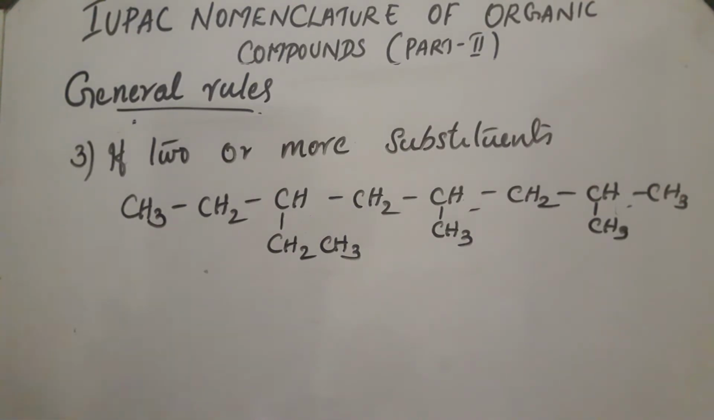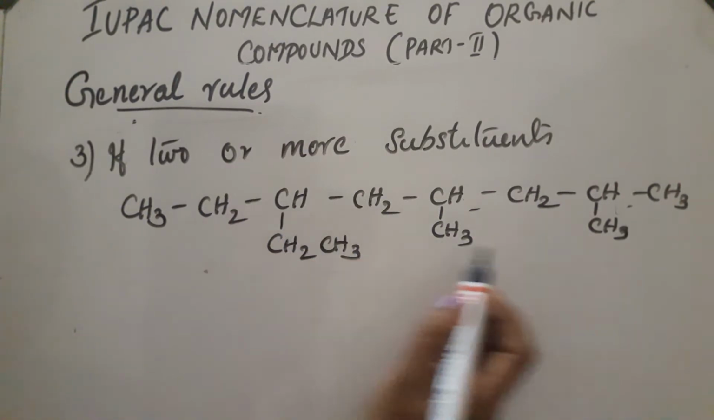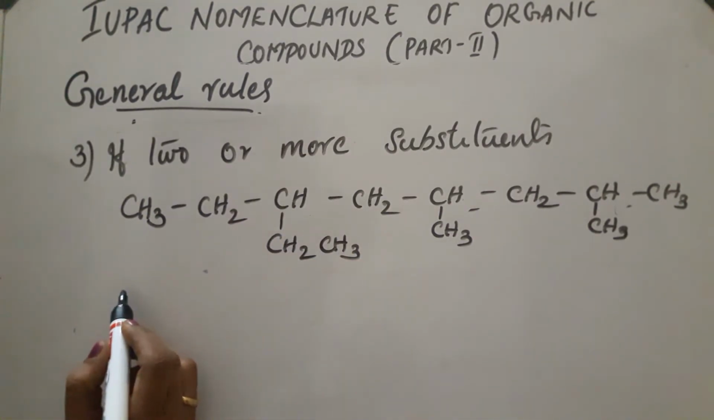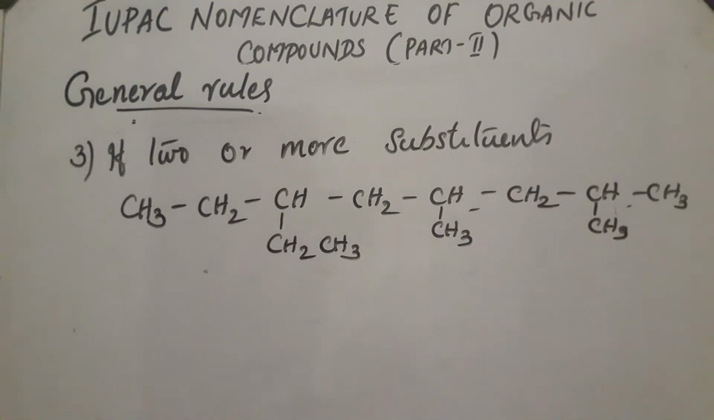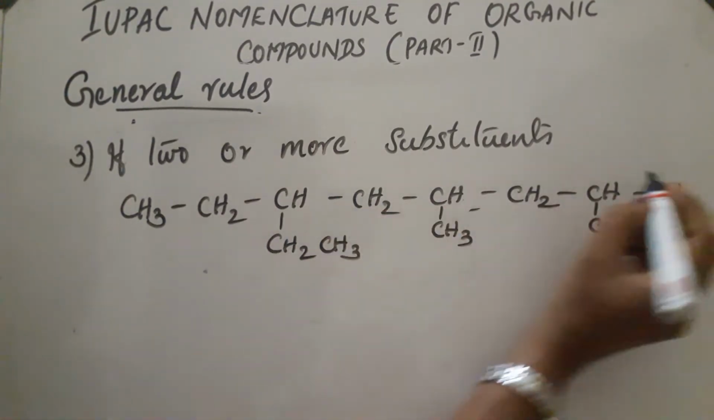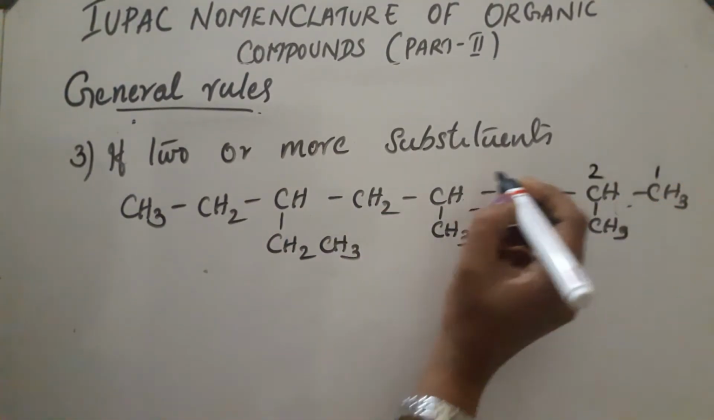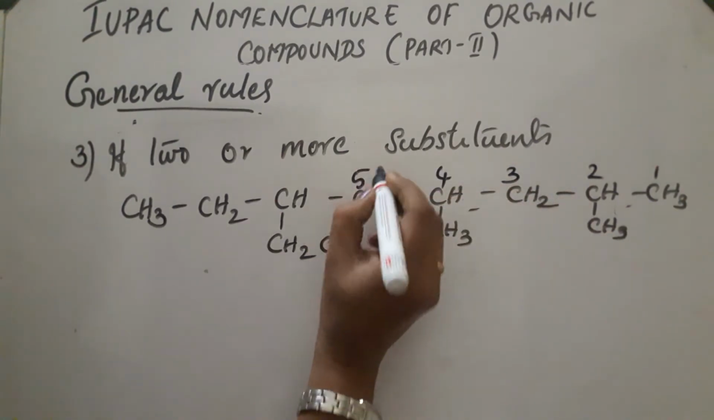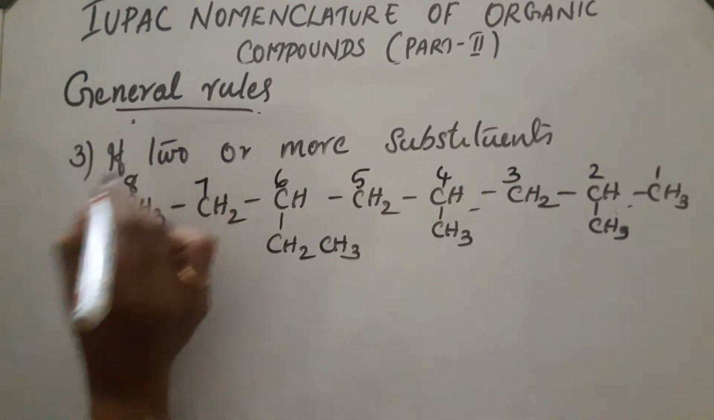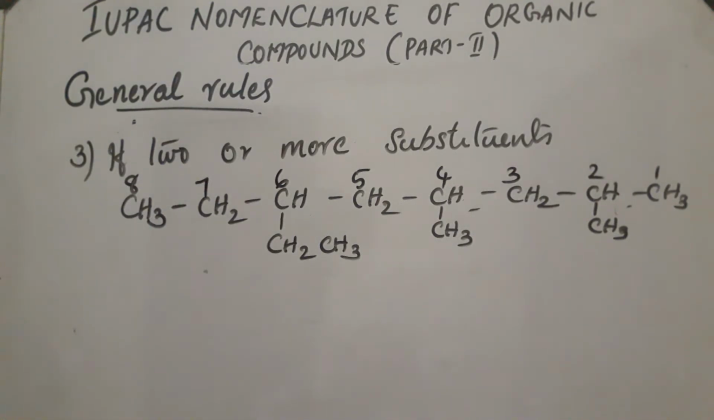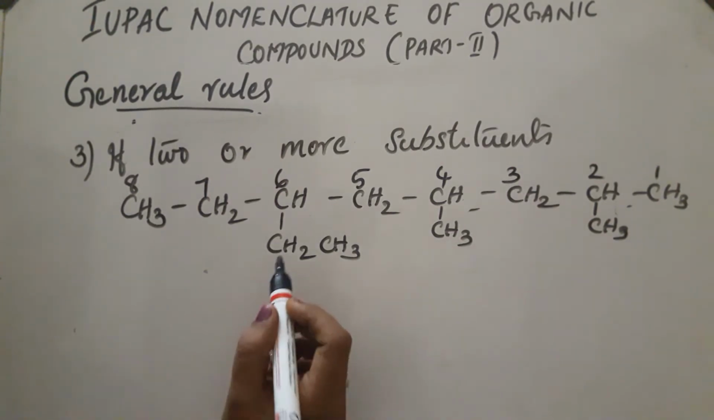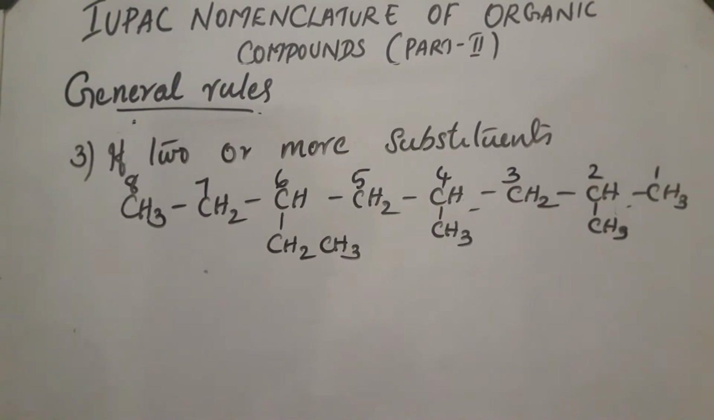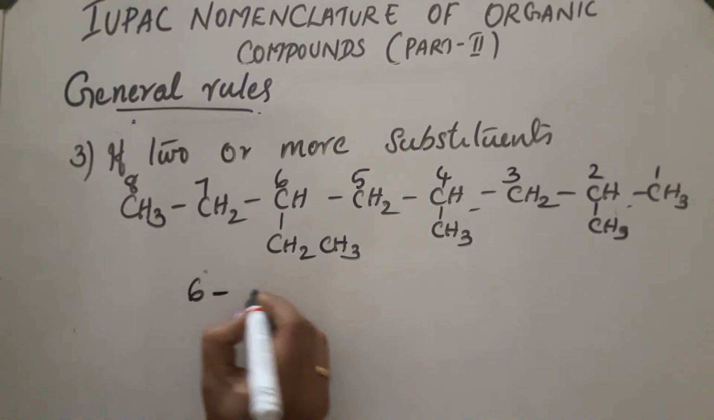If we number from here, this will be the third position. Always, numbering must be done in such a way that the branch contains the lowest possible number. So, we can number from here, and 2 will be the lowest possible number. So, the compound will be like this. In the second and fourth positions there are 2 methyl groups, and in the sixth position an ethyl group. According to alphabetical order, ethyl comes first. So, the name of the compound will be 6-ethyl,